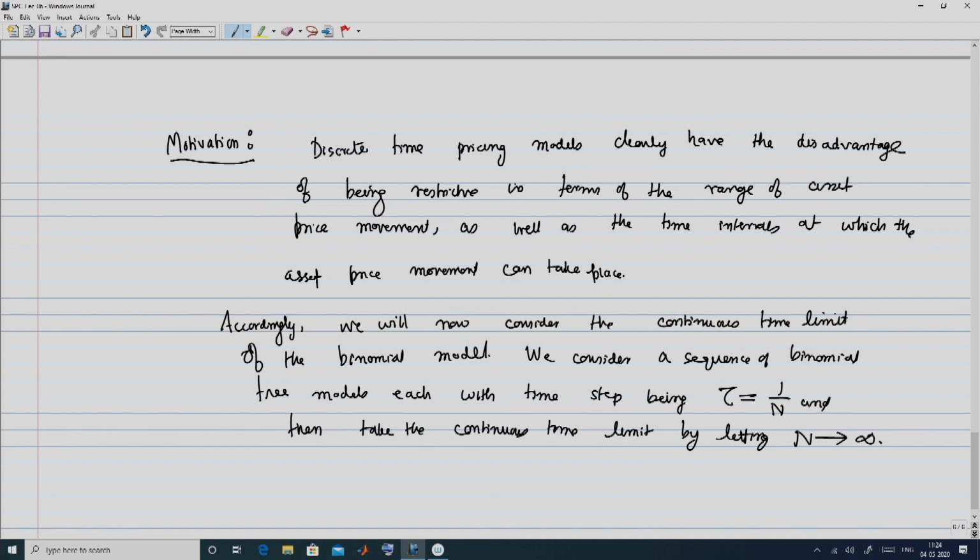So, what this means is that we basically look at some time length of 1 and